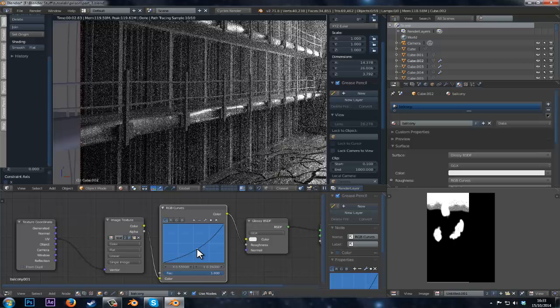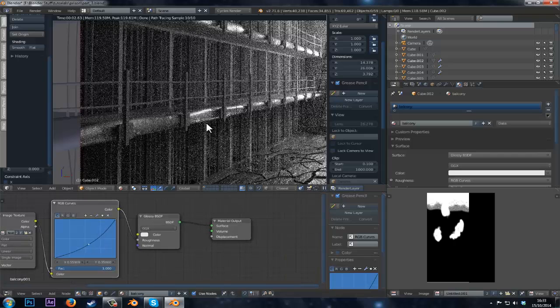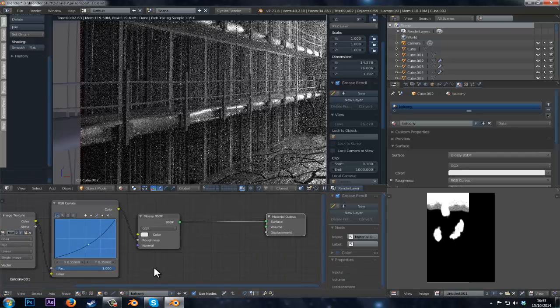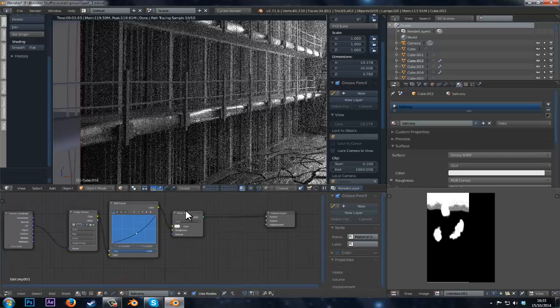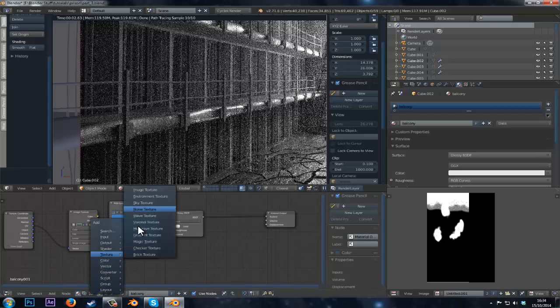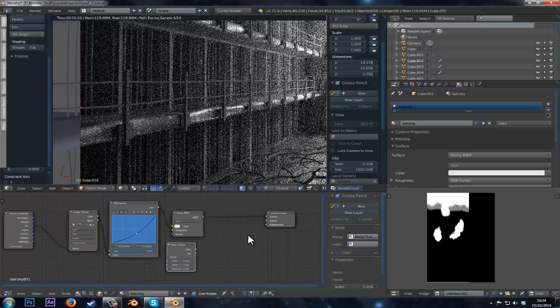Yep, apparently that's what I did. I think that looks about right. I mean, we're going to have displacements on it that will sort of determine a bit more. In fact, let's just do the displacements now. Okay, so if we go to texture, noise texture, throw the factor into the displacement,